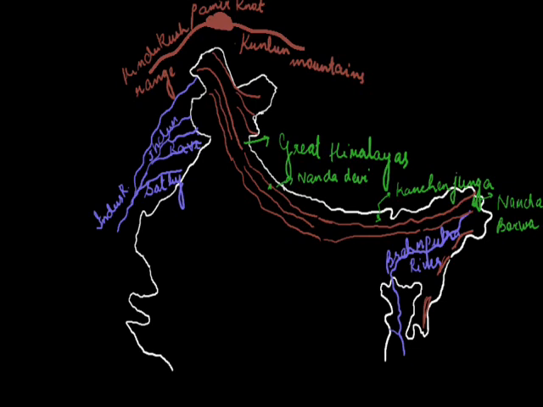Now coming to the Lesser or the Middle Himalayas. As I have already said, these are also known as Himachal. It is located in the south of the Great Himalayas and runs parallel to it in the east-west direction. Its average height is from 3,700 to 4,500 meters and it is nearly 80 kilometers wide on an average. Its important branches are the Pir Panjal and the Dhauladhar. You can have a look in the map. These are the Pir Panjal ranges.